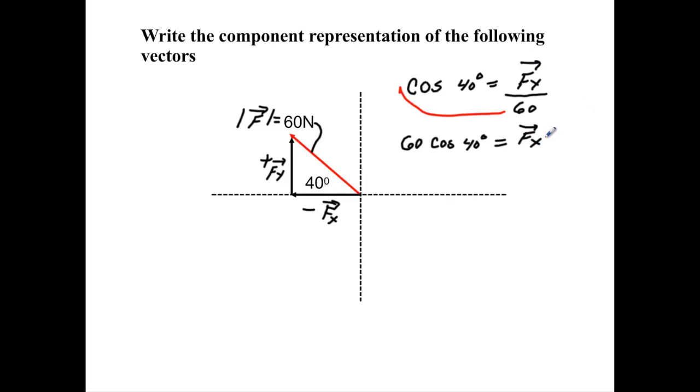Okay, before you do this calculation, make sure that your calculator's mode is set for degrees and not radians, because if it's set for radians, you're going to get the wrong answer. So grab the calculator, go to mode, and it's set for degrees. I'm set. So I'm going to take 60 times the cosine of 40 degrees, and I'm going to get 45.96. So FX